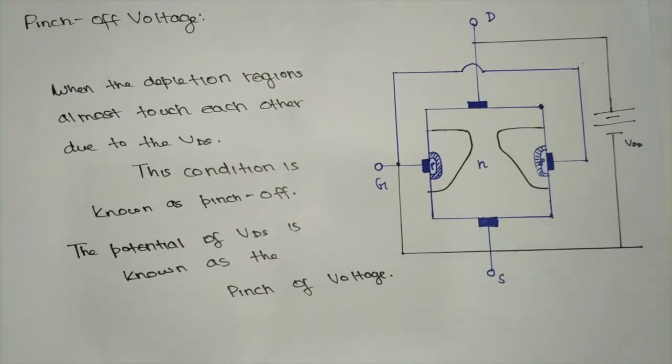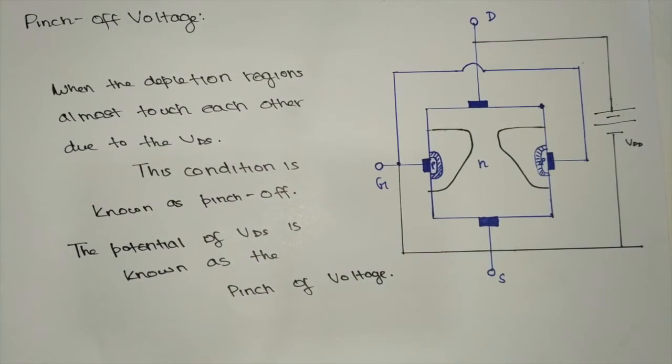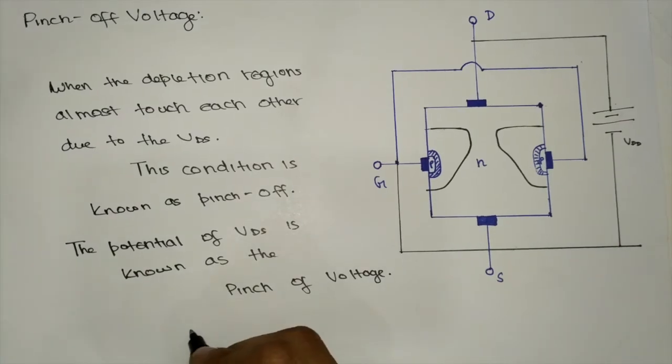After the pinch off condition, initially as the VDS was increased, the drain current or ID was increasing in an ohmic manner. But when the pinch off condition is reached, more carriers can't flow through the narrow path. Therefore, the current density increases, but the current remains constant. So the plot would be